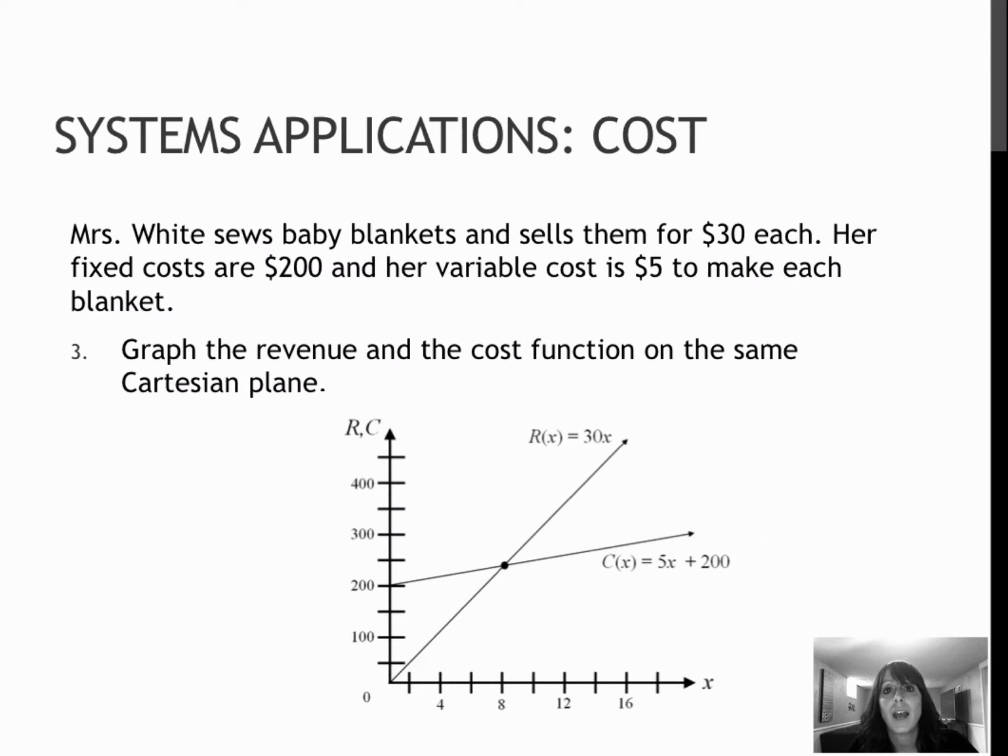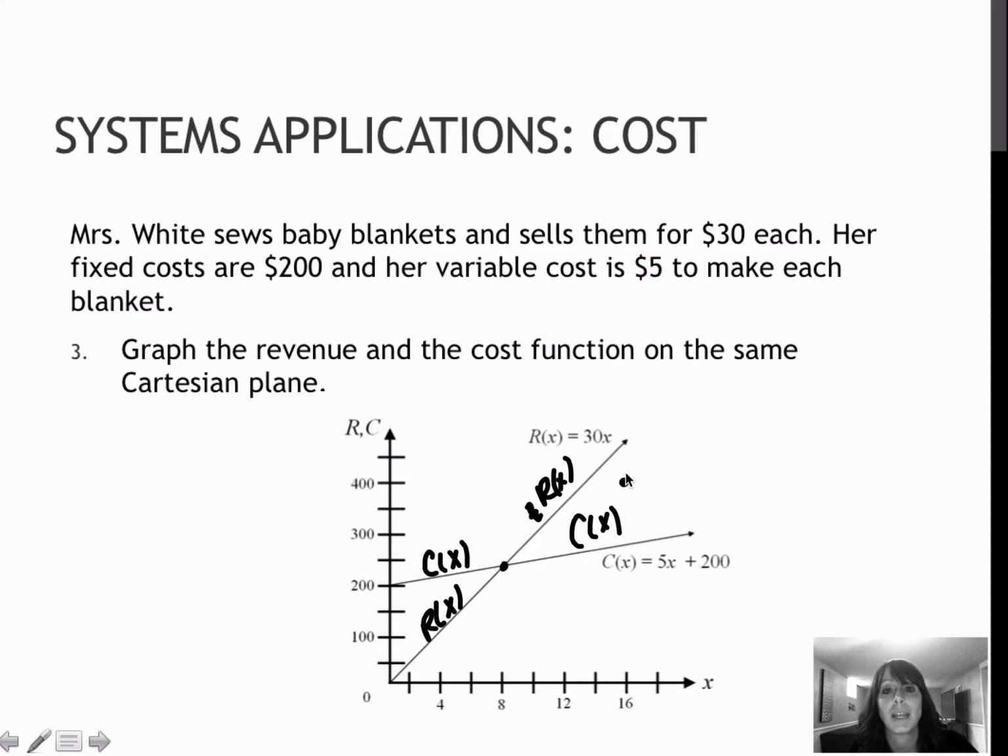Notice here that I have now graphed these two functions for you, and they do in fact intersect at a point. So let's talk about what this graph will tell us. From 0 to 8 blankets, the cost function is above the revenue function. Here's my cost function, here's my revenue, which means it costs more than I'm making up until that point at 8. Past 8, notice the revenue function is above the cost function,